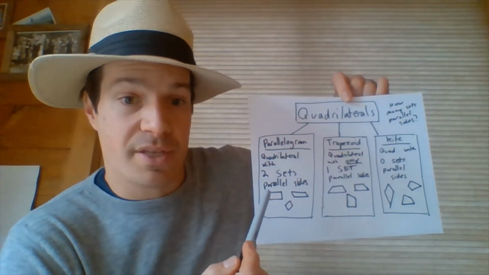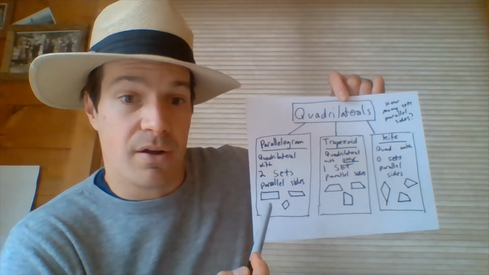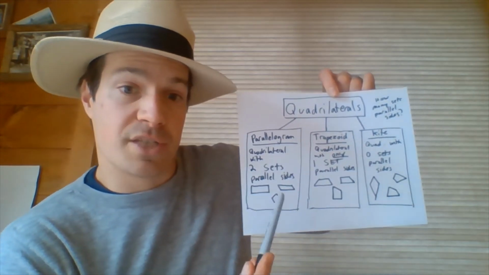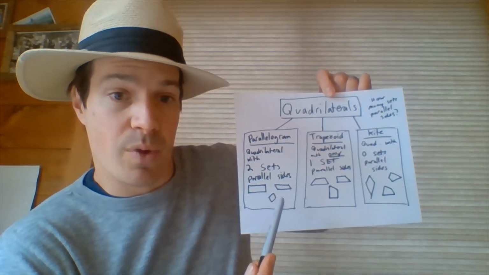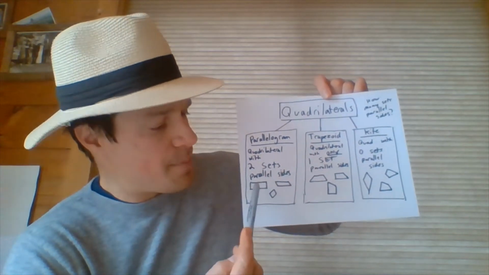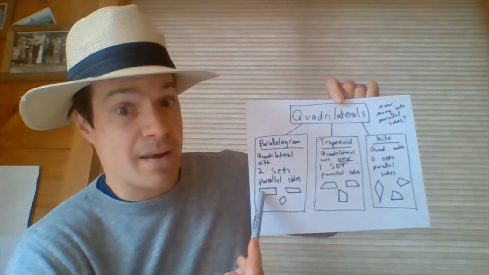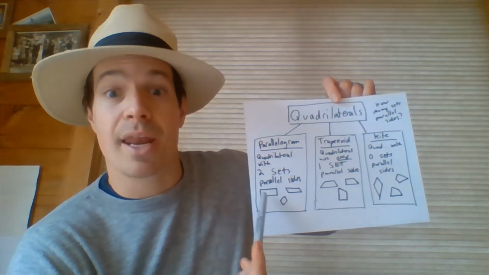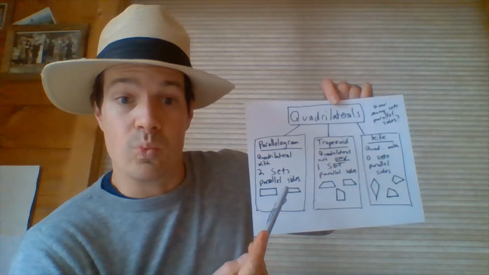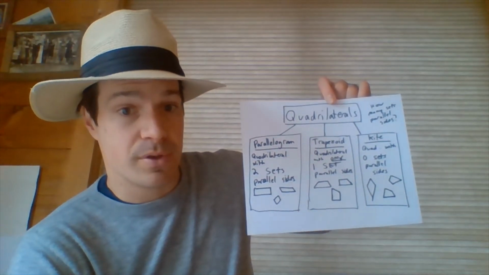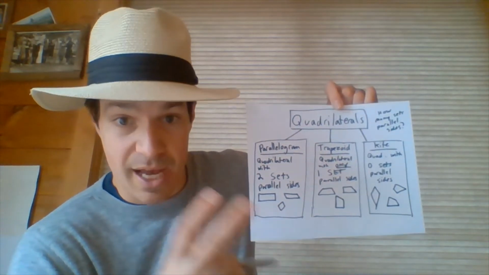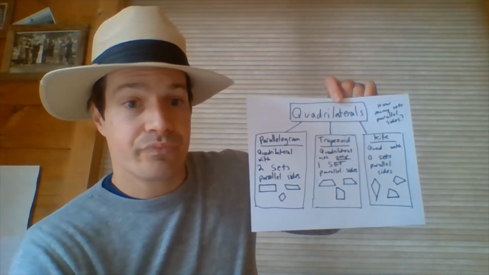That means the sides on the top and the bottom are parallel, and the two sides on the other sides are parallel too. Or if it's turned this way like a diamond, you can see that just the ones on opposite sides of each other are parallel. Somebody might say to me, Mr. B, well, that one's a rectangle. You're getting ahead of me. Rectangle's not one of the groups we talked about yet. You're getting more specific. We're not that specific yet. We're just talking about parallelograms. We will break them up later into smaller groups. For now, anything with two sets of parallel sides with four sides is a parallelogram.